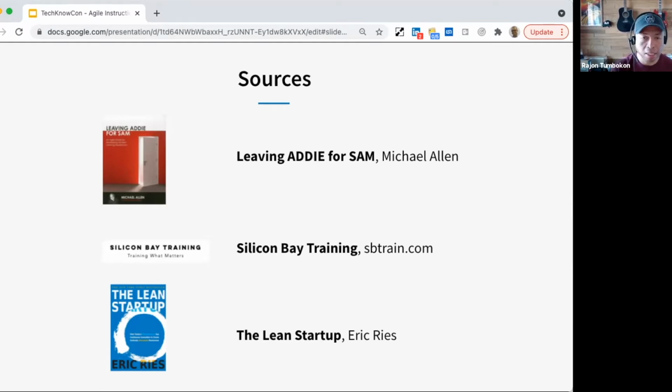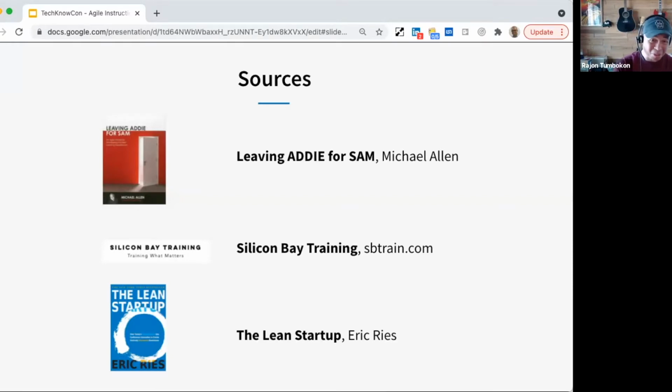And Leaving Addy for Sam is the book that helped me understand some of the concepts that I'm going to share today. I learned a lot about Agile software development and Agile management from a company called Silicon Bay Training, who's one of our vendors here at LinkedIn. I think one of their folks, Ryan Richardson, is in the audience, but there are so many books and courses out there on Agile. Silicon Bay Training is who taught me most of what I know about Agile development.